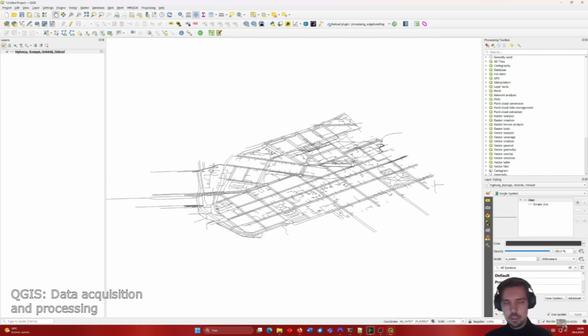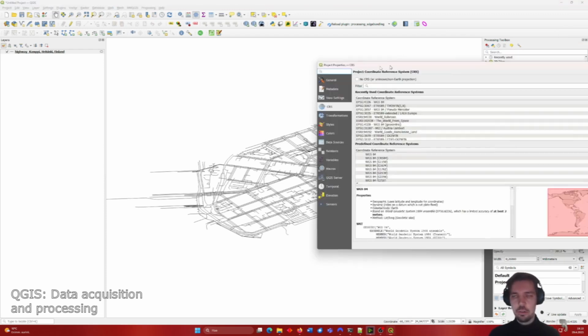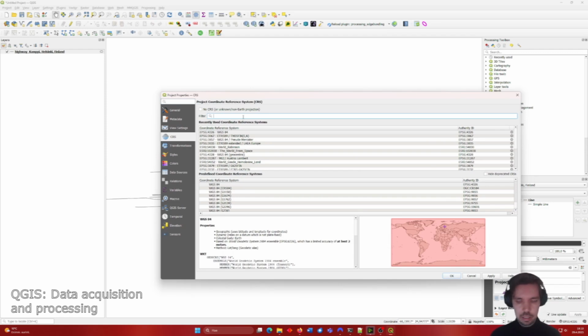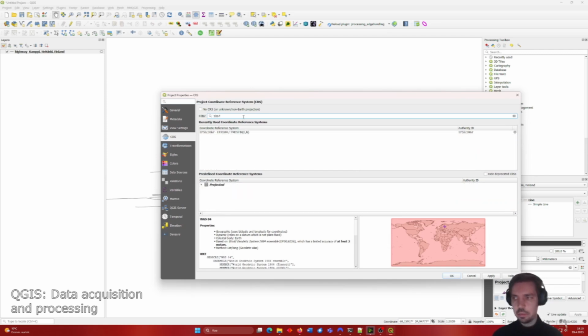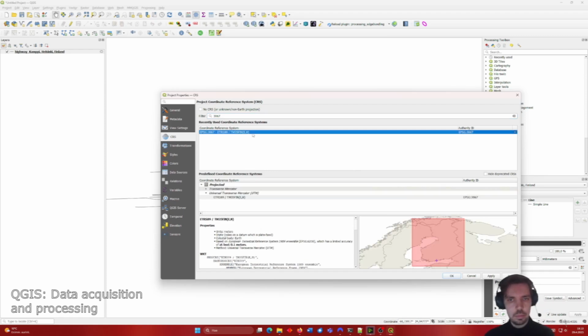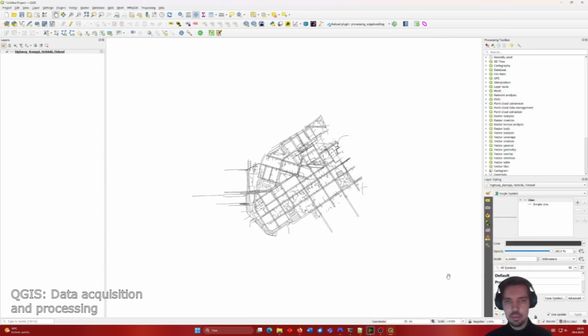So, of course, the first thing you noticed probably is that this layer looks a bit wonky, and that's, of course, because of this coordinate reference system that's currently in use. So a global one, EPSG 4326. So instead, let's choose one that's more suitable for Helsinki or Finland in general, and that will be 3067. So this is a coordinate system that's more or less good all around Finland. So apply that, and this will do the on-the-fly reprojection